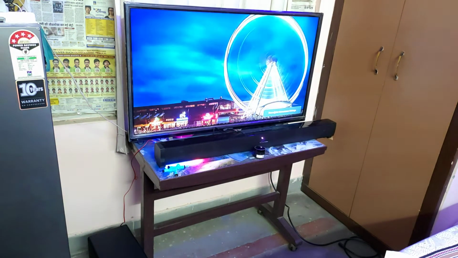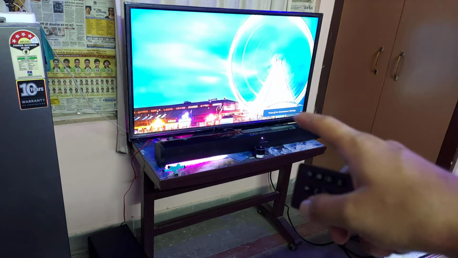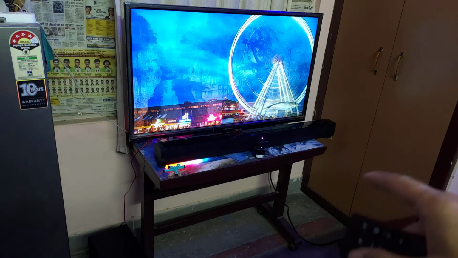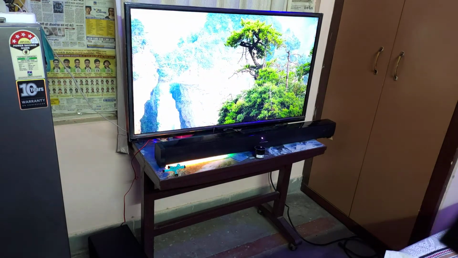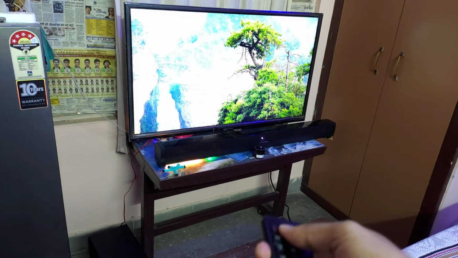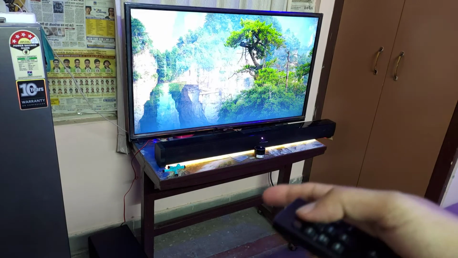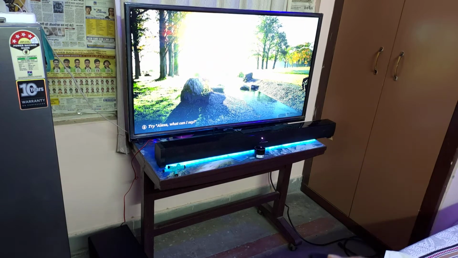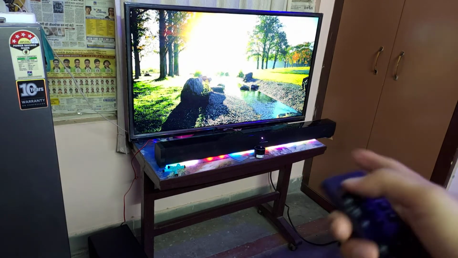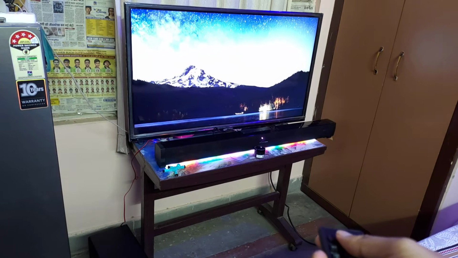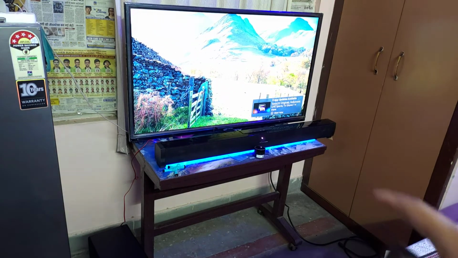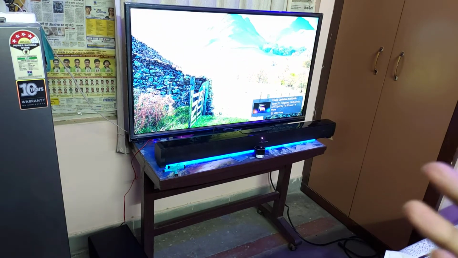So there's one thing you can do. That's the only effect you will get from this soundbar, and others are like static lights only. So if I press it again, it will again okay, there is one more, sorry, I haven't checked it out. Oh, there is another one. So it's multiple RGB, and this is like scrolling, and now static. So I think we have 3 more effects on it.